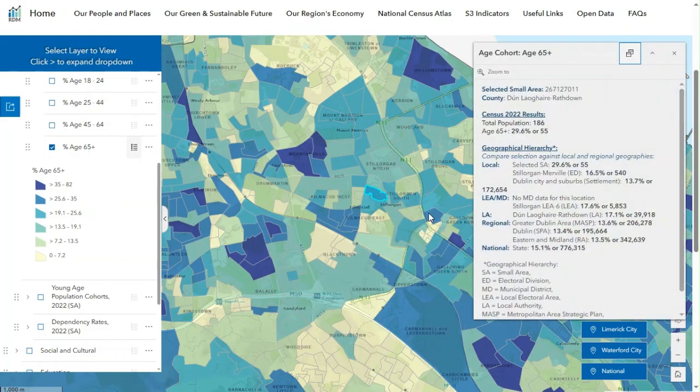You can dock this to the side and this gives you the full profile relating to the population age 65 plus within this small area and right up through the geographical tiers between that small area, the ED that it sits in, the settlement that it's in, if it's in a local electoral area or a municipal district, the local authority,